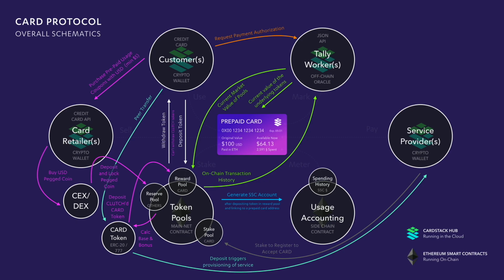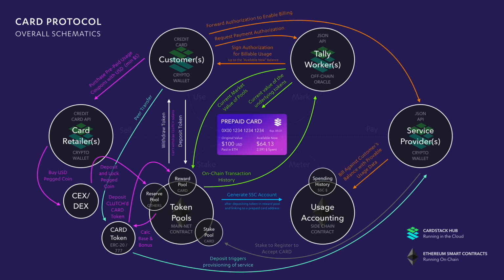Now, if the asset is very volatile, the authorization could be less than that. It could be maybe $40. So the tally worker could use a formula, whether it uses simple statistics or machine learning in the future. It could be just using CPU and database, which is what the current generation of Tally is using. But it could also use GPU as a way to accelerate certain types of detection to say, given that we know everything that's going on in the network, we know the exchange rate, how much will I authorize? And that authorization becomes a billable usage up to the available amount.